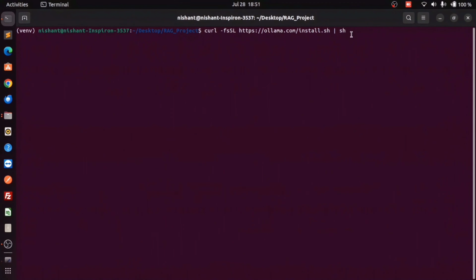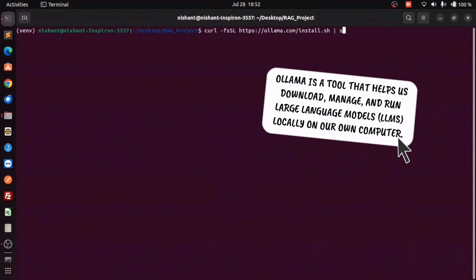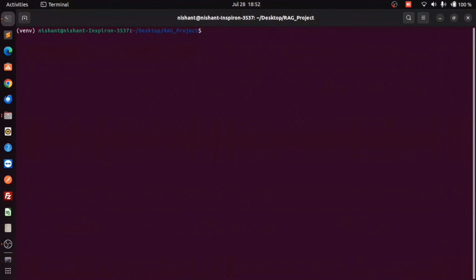And now we need to install Ollama. Ollama, we know, basically helps us to run the LLM model in our system locally. If we are on an Ubuntu or Linux system, we can use this command to install Ollama. If we are working on a Windows system, I will mention all those commands in the description of this video. You can go through that and follow those steps to install it on a Windows system as well. So we can execute this command. It will help us install Ollama in our system. As I have already installed it, you can do it on your own machine. And once Ollama is installed, we can check using the version command to see if Ollama is installed or not. See, Ollama version is available. That means Ollama has been installed in my system.